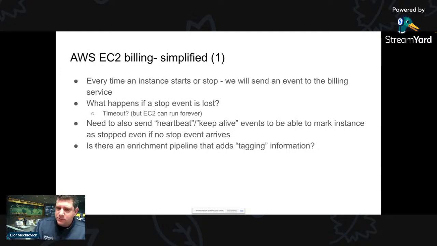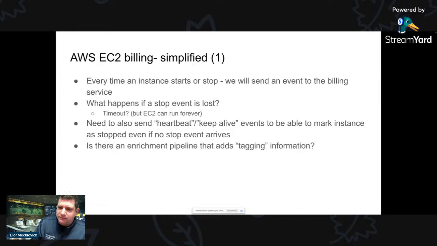But what happens also? So now this is pretty simple. Every instance keeps on sending those events. The control plane knows it, inserts it into some database. There's some event schema. Great. How do we add tagging, for example? Right, so you can add tags. You can add more metadata to the actual event.